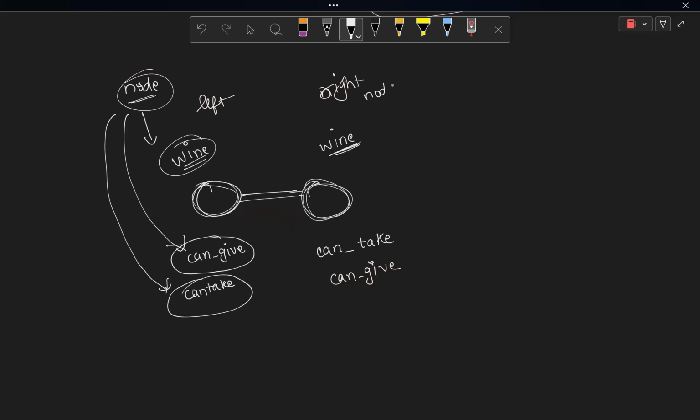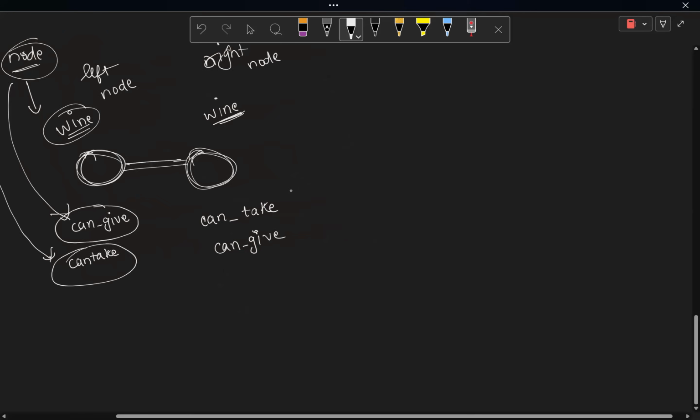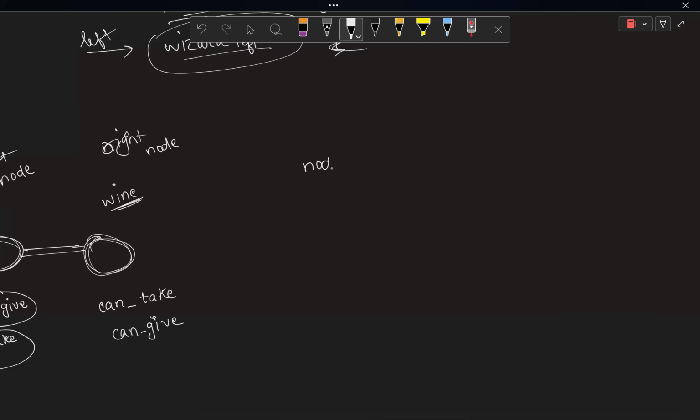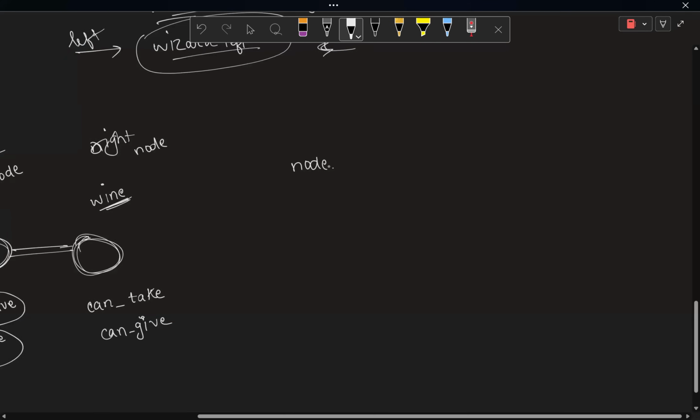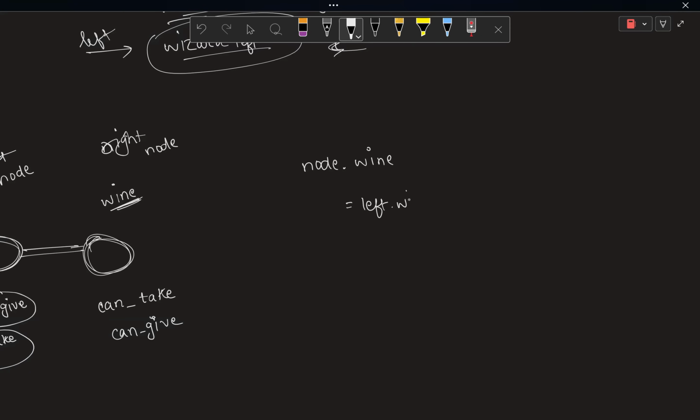Sorry for bad handwriting. I will write cleanly now. Yeah. So for the left node and right node, how will you merge them? Let's see what we will do. The node after merging, the wine it will have is gonna be equal to left dot wine plus right dot wine,